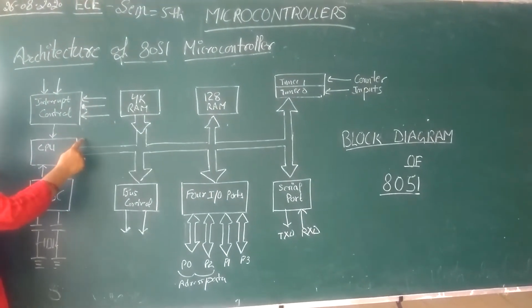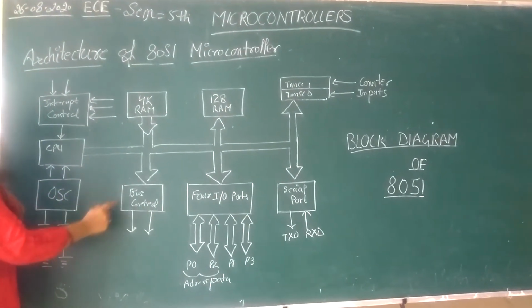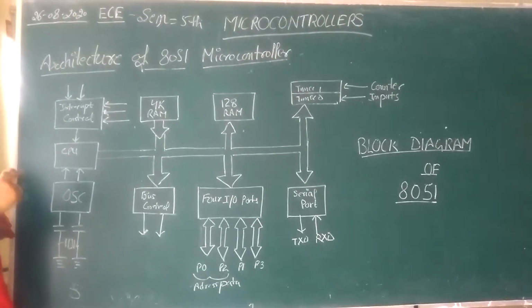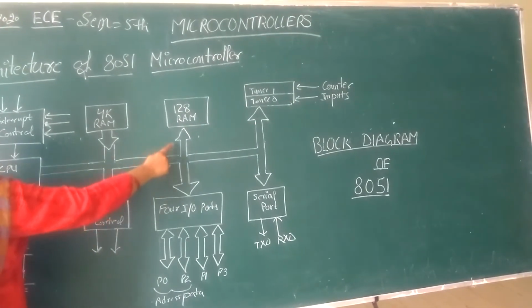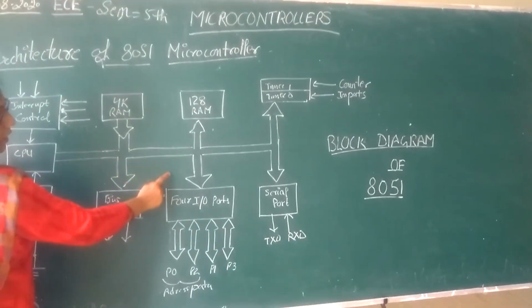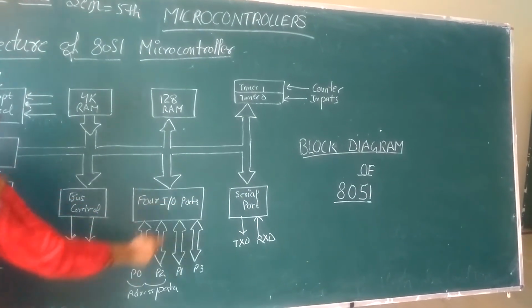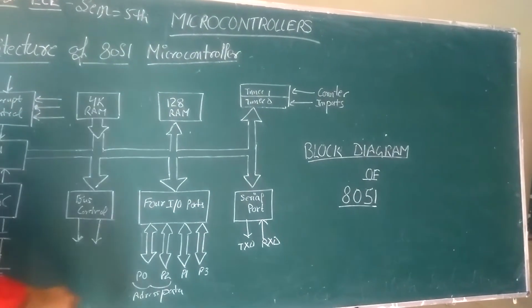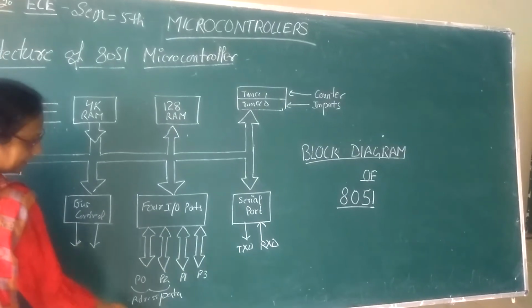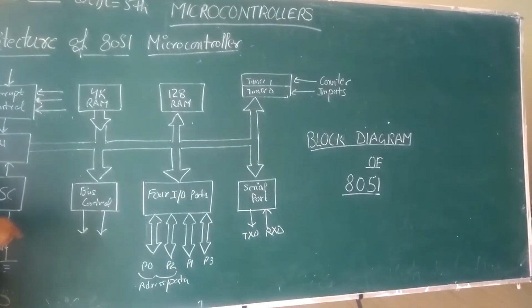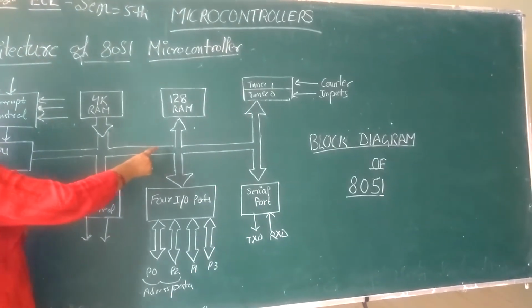RAM से signal यहाँ आएगा, CPU से यहाँ जाएगा और फिर जाएगा बस कंट्रोल में. बस कंट्रोल सिग्नल करेगी कि कौन सा सिग्नल दे रहा है, कौन सा नहीं. उसके बाद आपका सिग्नल पहुँचेगा 128 RAM में, और यहाँ से आएगा आपका सिग्नल 4 output port में. Input output port, there are 4 pins in this port. It is the address data. Address which you want to give, that is the address data. And then the signal will go to the timer.